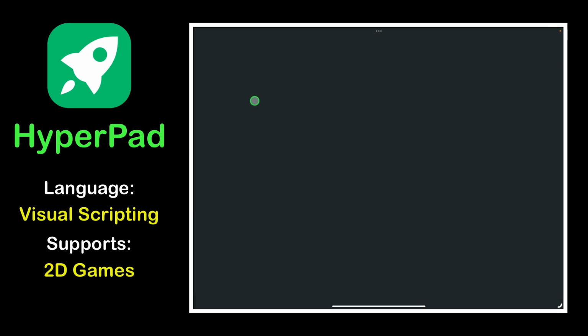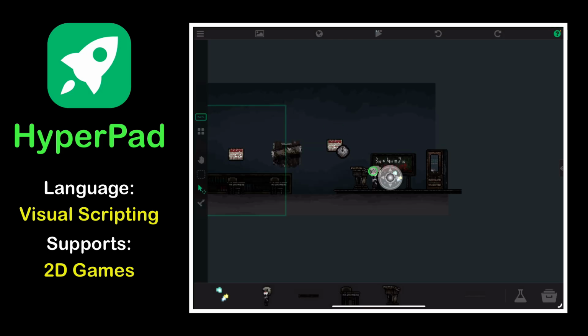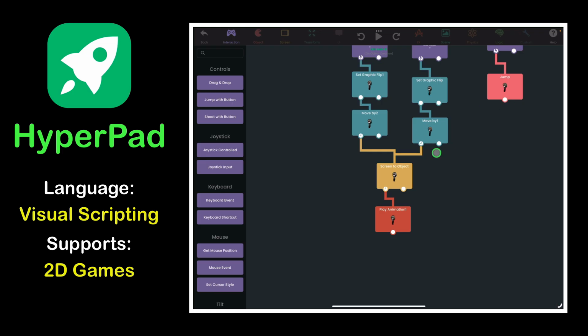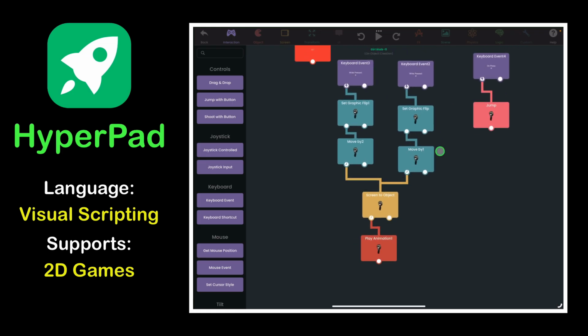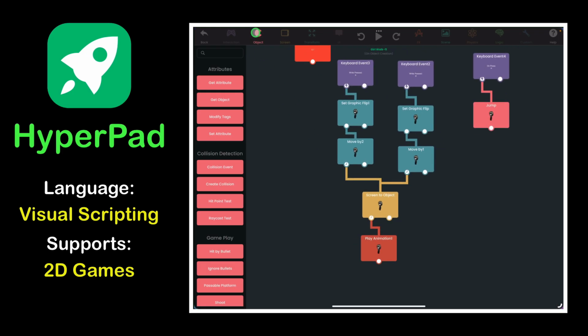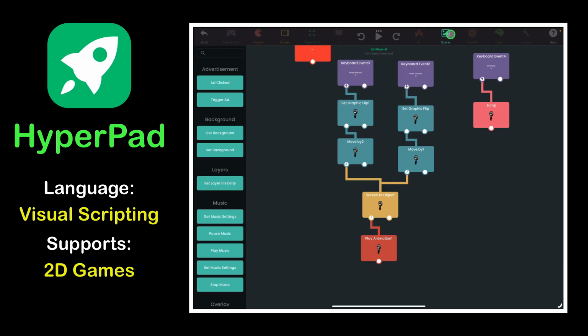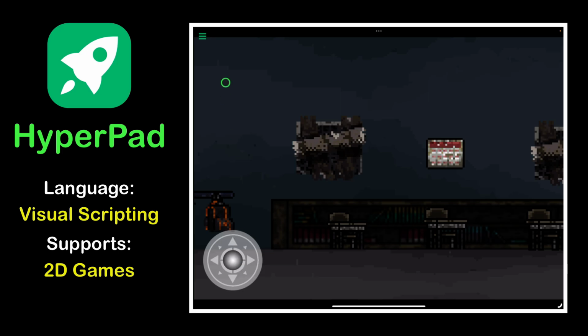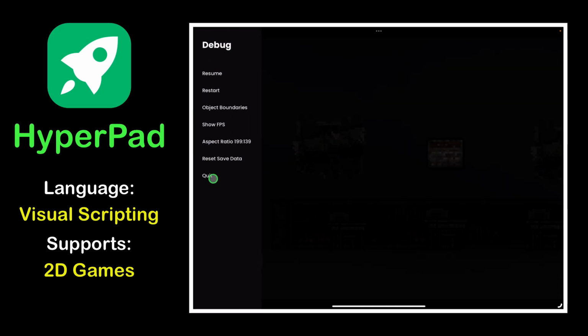Please note that I don't really use HyperPad, so I don't really know everything about it. But what I do know is that when you click on an entity or object, you can click on behaviors. And when you're on the behaviors, you can basically use these as a form of coding. You can use objects, you can get the screen resolution, you can use if statements, you can even add effects and physics. HyperPad has a lot of stuff going for it, and you can play your project. Sadly, this project doesn't do anything because I haven't really worked on it, but I will show projects that actually